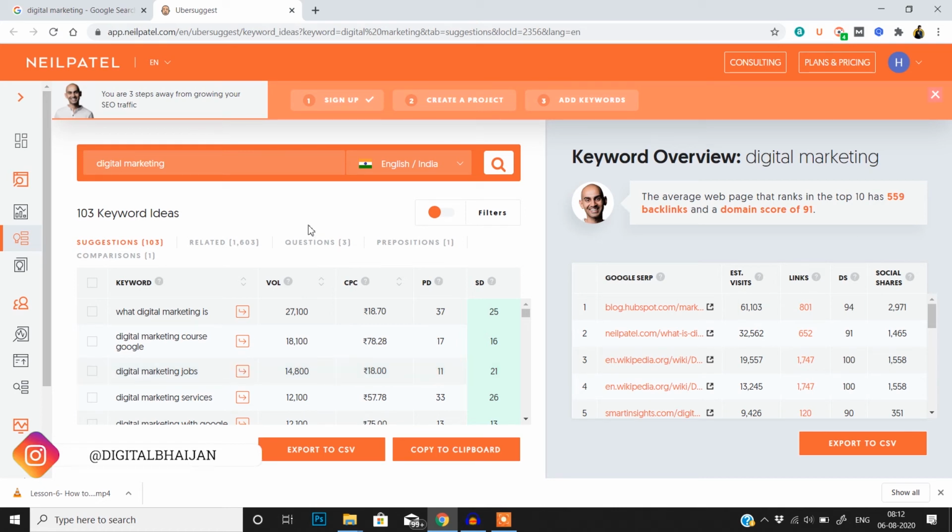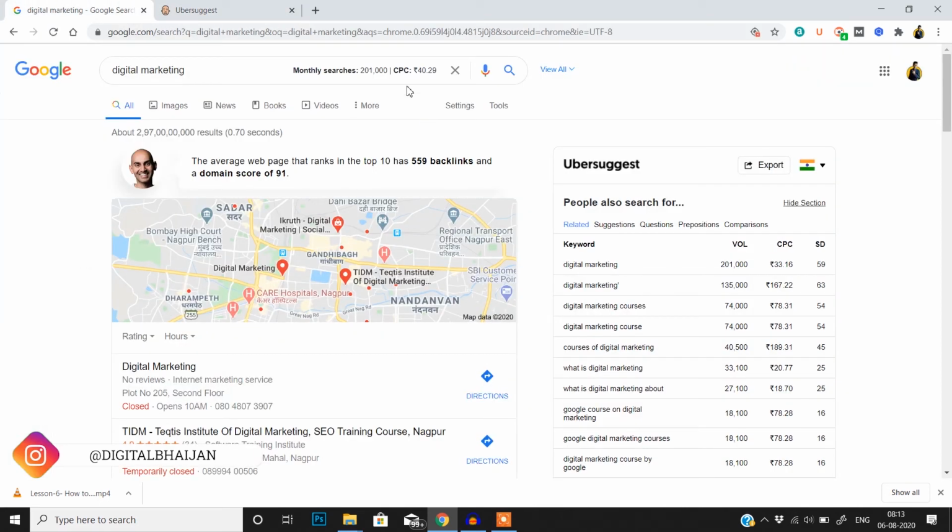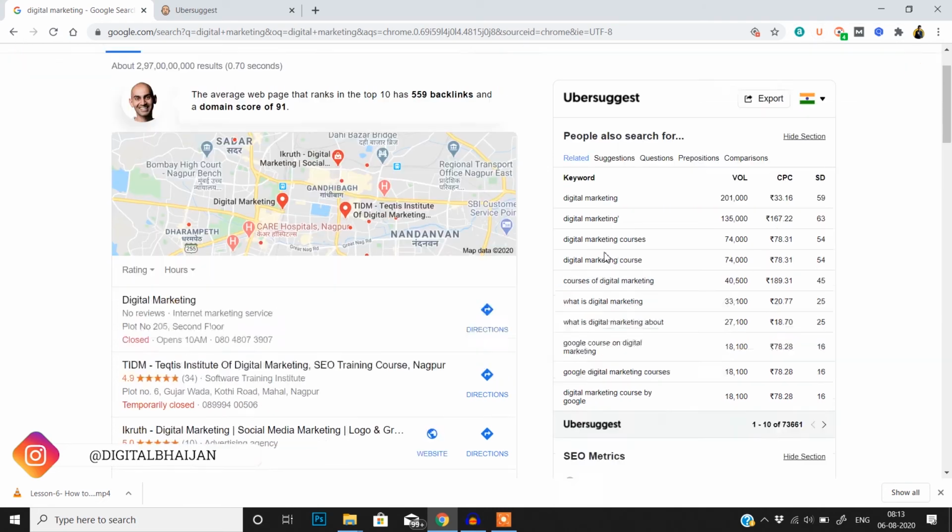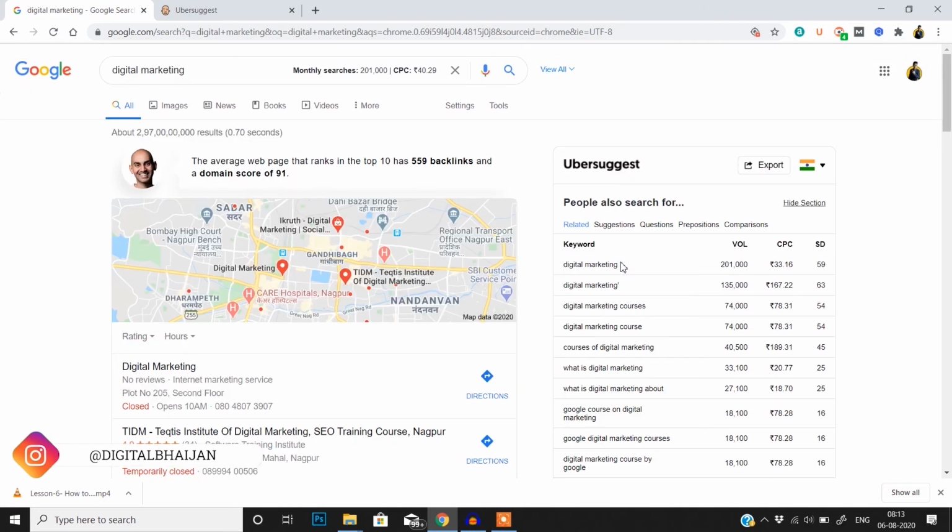Hope you guys will use this amazing tool by Neil Patel. I mostly prefer to use the Ubersuggest Chrome extension. So go ahead and check this amazing tool. It's completely free and you will definitely love this. So this is an overview of the Ubersuggest Chrome extension. If you are a beginner, I won't suggest you purchase costly tools like Ahrefs or SEMrush. Rather, use this amazing tool and you will be able to rank your website in a few months. If you can afford those costly tools, you can definitely choose them. But if you are a beginner, you can opt for Ubersuggest.